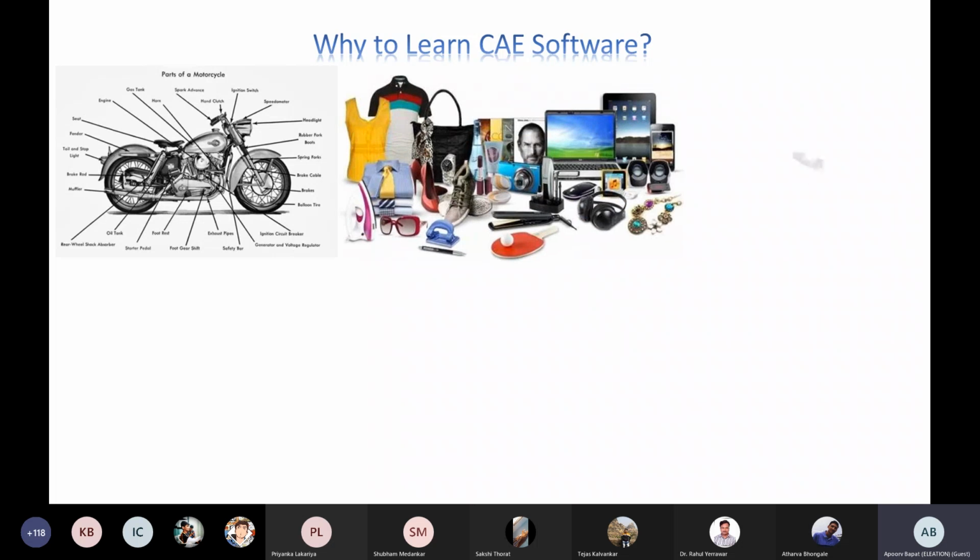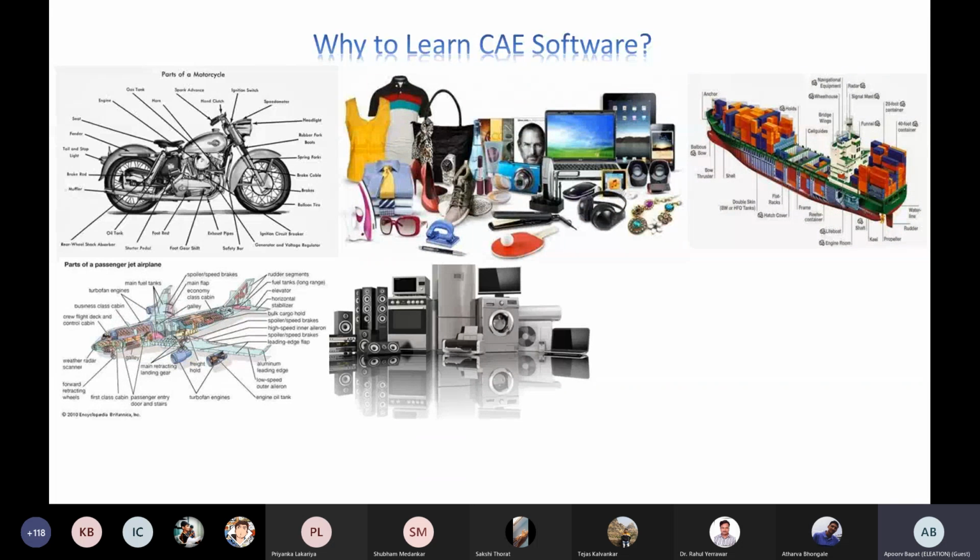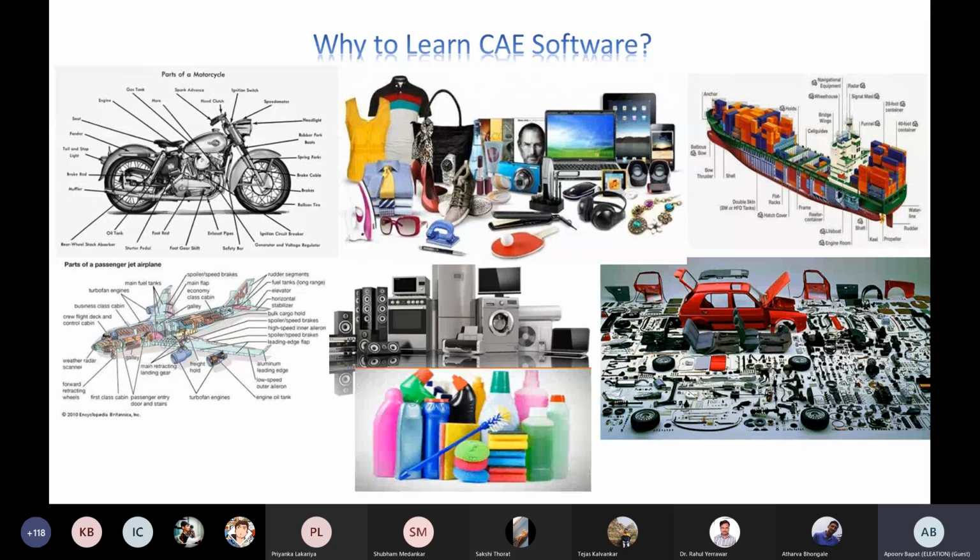Be it automobile, consumer products, marine, aerospace, all these domains, whatever domains in which there is a product which is manufactured, CAE is being used. That's why in the beginning I told you that close to 35,000 companies use CAE software to understand the behavior of their design.